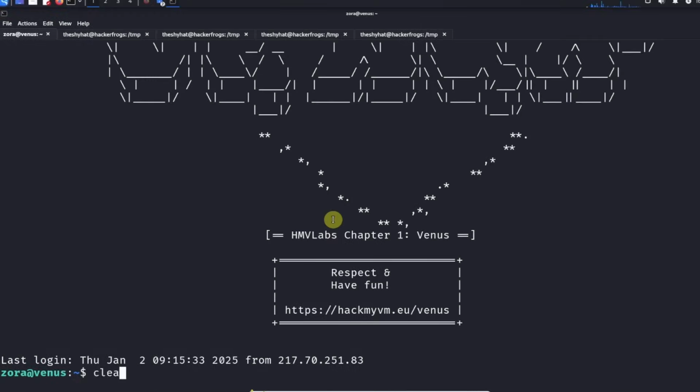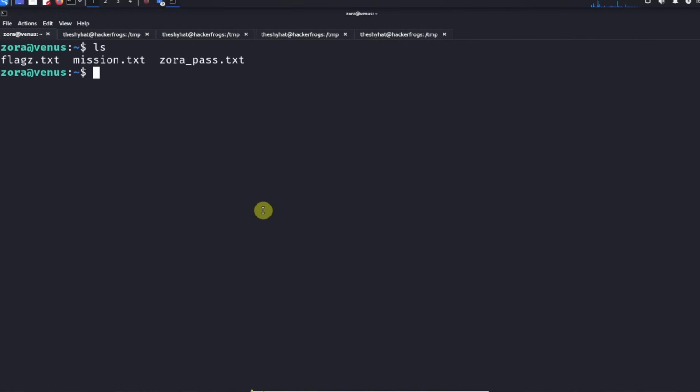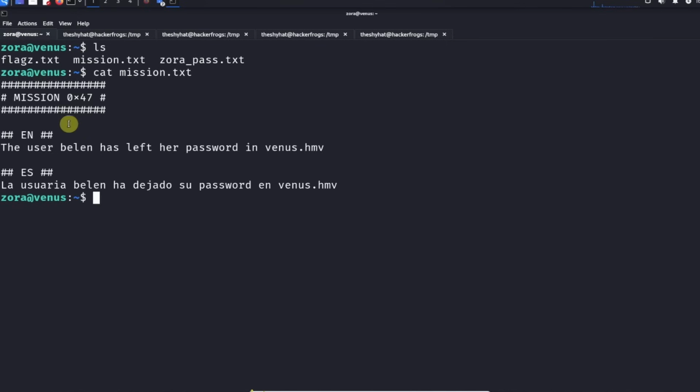All right, so this is a guided walkthrough for the Zora level on the Venus CTF labs on HackMyVM.eu. So the first thing we need to do on any one of these levels is to read the mission.txt file. So cat mission.txt,